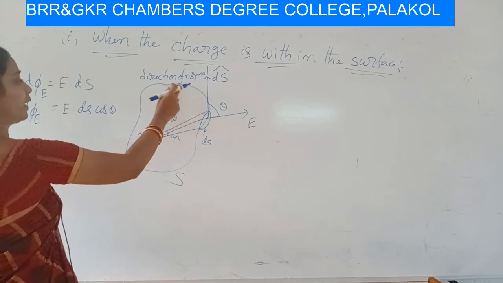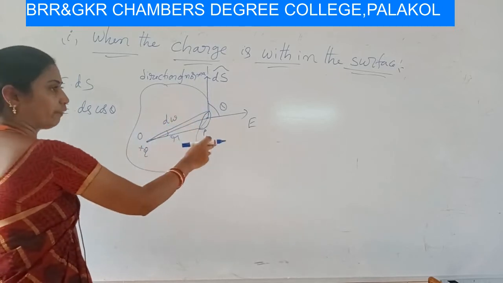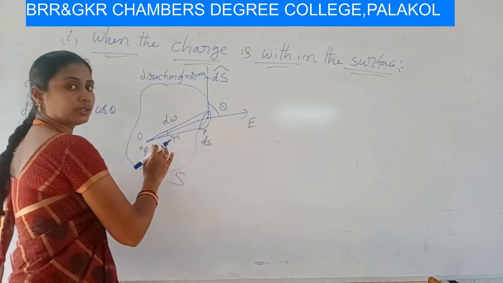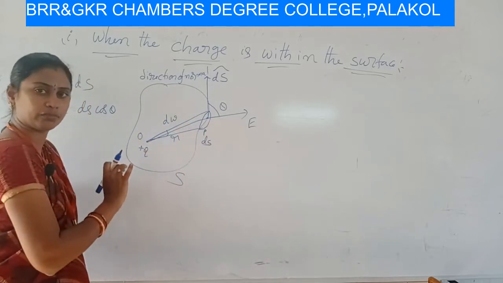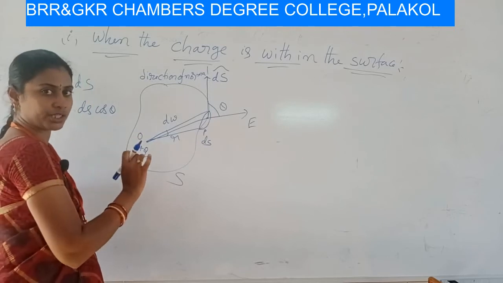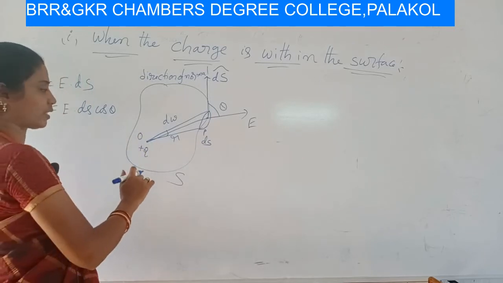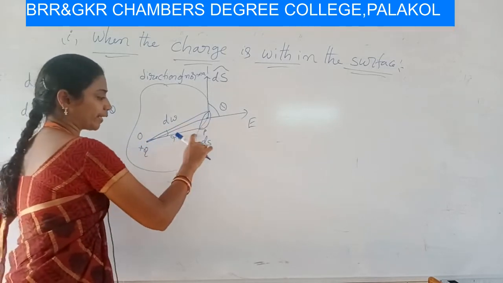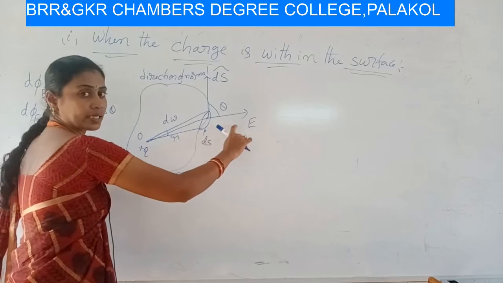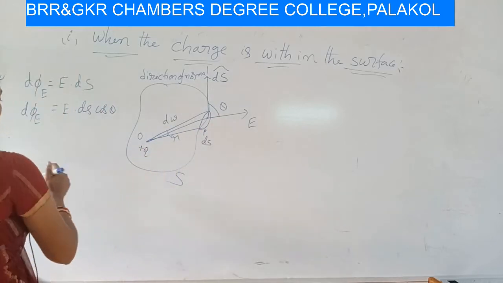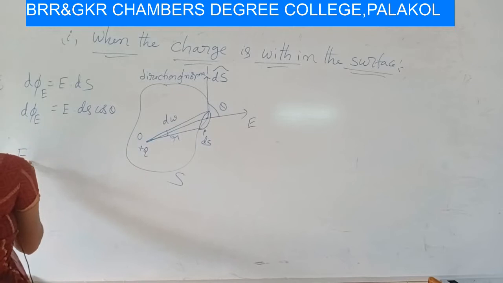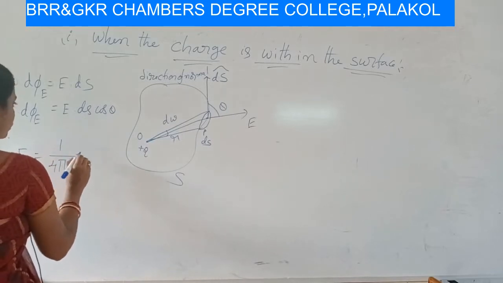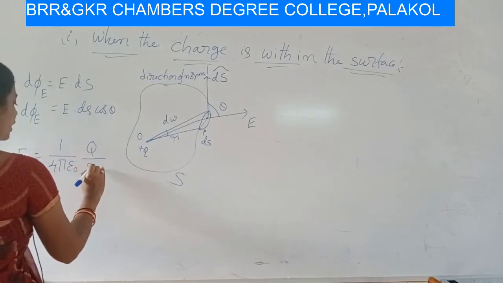Okay, for calculating the electric field here we apply Coulomb's law. We already discussed Coulomb's law. Coulomb's law is applicable for two stationary point charges when they are separated by a fixed distance. Hence we consider this point charge and point P, they are separated by a distance r, and the field is in the radially outward direction. Then the electric field becomes E equal to 1 by 4 pi epsilon naught into Q by r square.